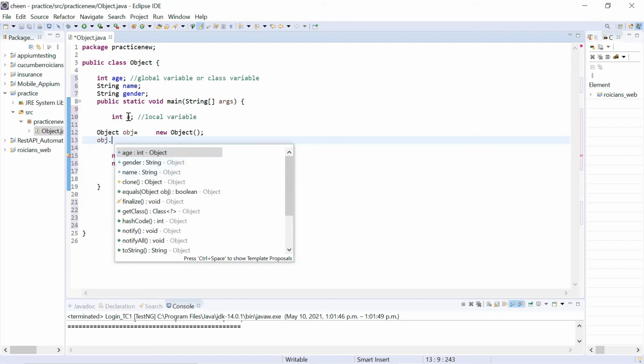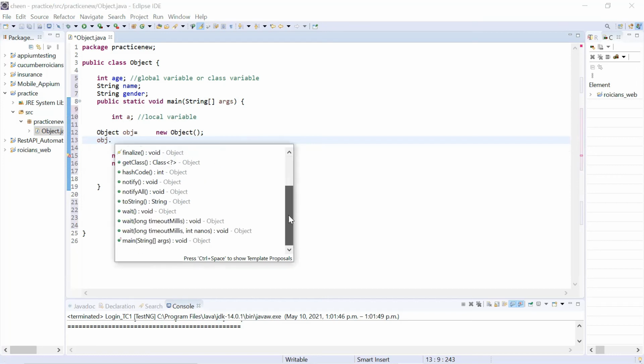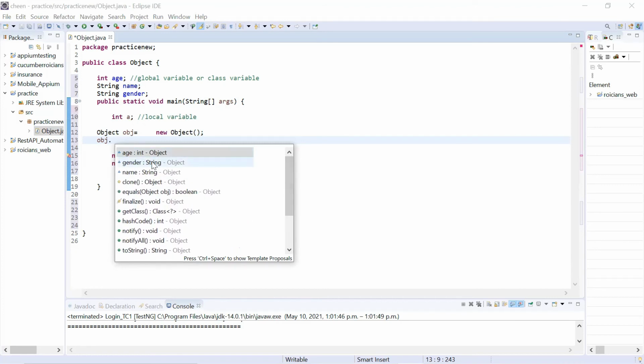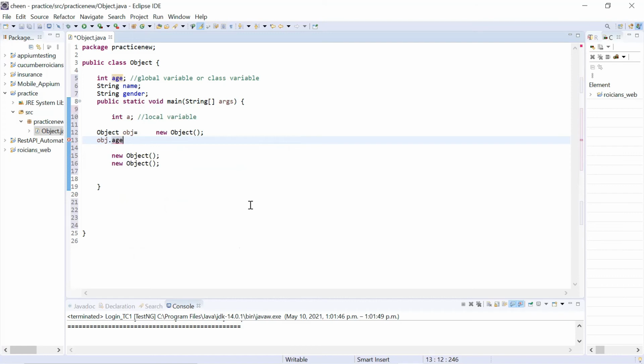A is also one of the variable, but it is local variable inside the main method. So you will not find a anywhere. It is either age, gender, name, because these are global variables which have class scope. So here, let's say I took age and I'm assigning it as, let's say 30.